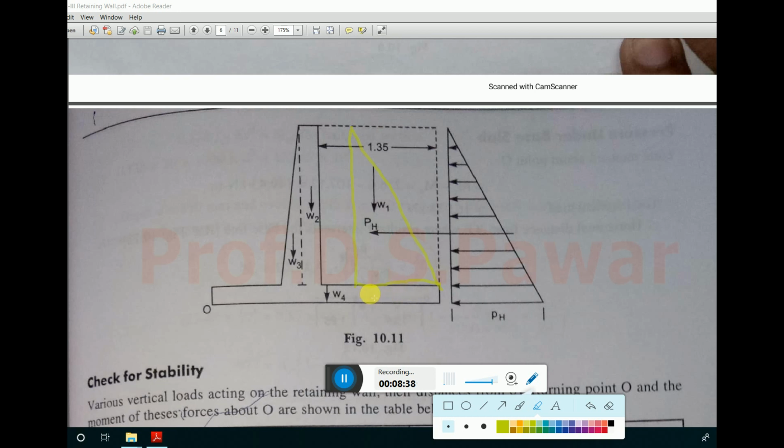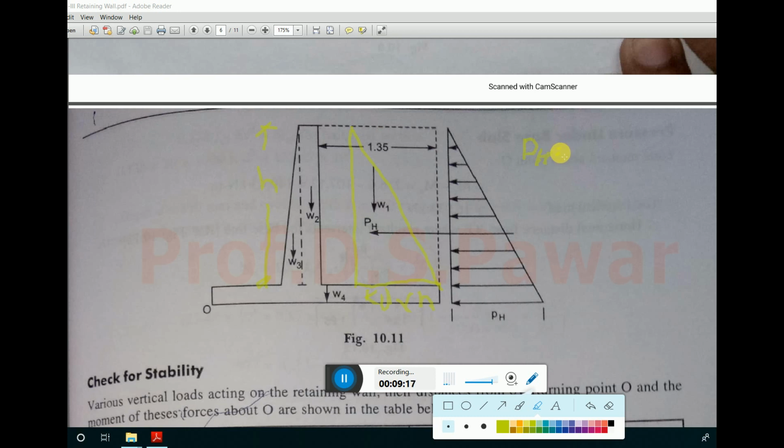Okay, and this value here is Ka into gamma into small h, if you consider the height of the stem as small h. So this is Ka into gamma h and this is h. So how to calculate the earth pressure? So here this pH force